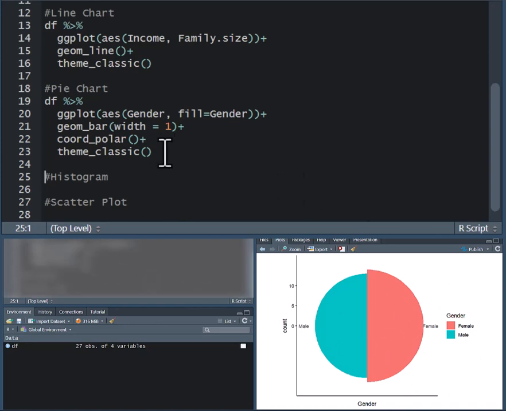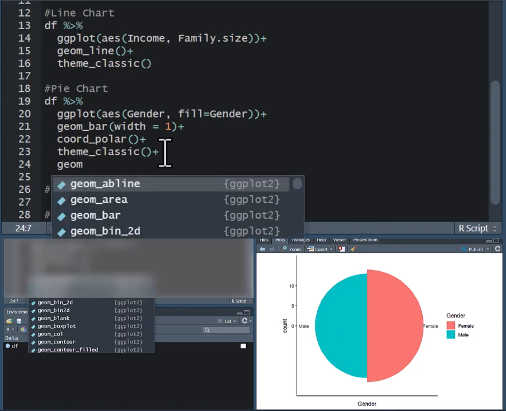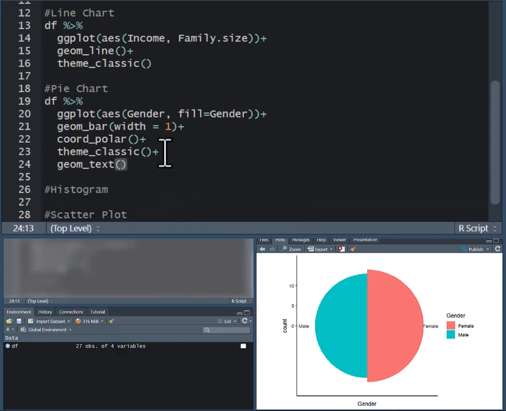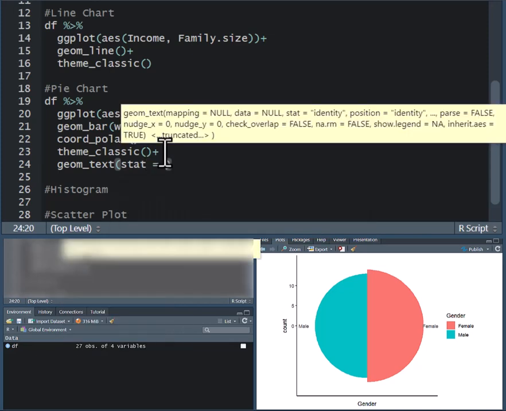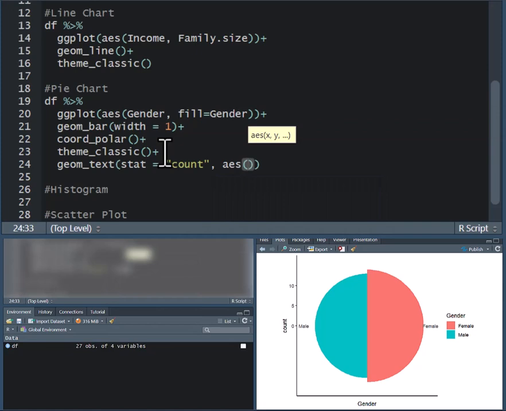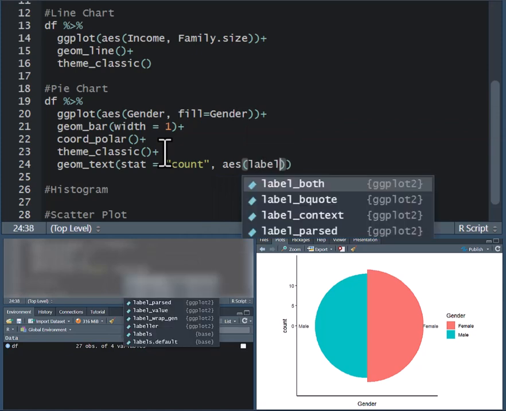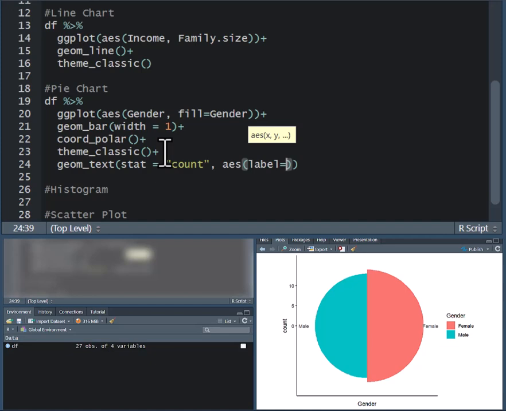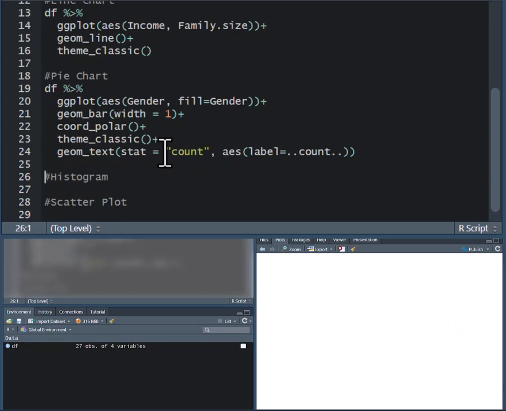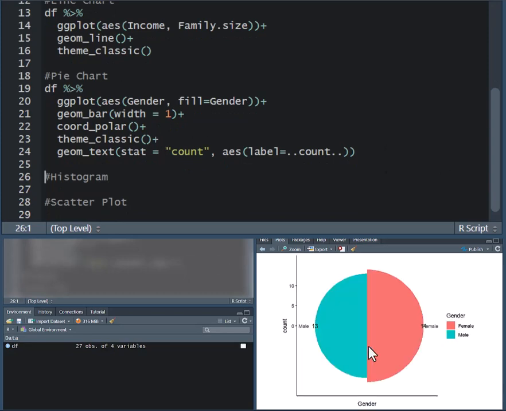and females are 19. So I'll go to geom text and give it stat. The stat shall be count, and the aesthetics shall be label, labels which are calculated from a count. And so when I run that, you can see that I've managed to put on the labels, but